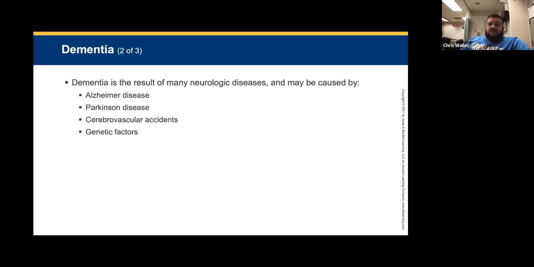Some potential causes are Alzheimer's disease, Parkinson's disease, stroke, and genetic factors. So some of the things you look for is to determine